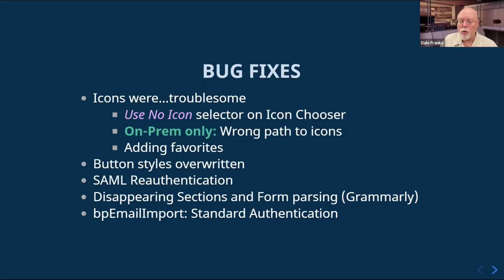And also, when you right click on an icon in the icon chooser, a menu pops up that says add to favorites. You should be able to right click, add to favorites, and it would add to favorites. In the icon chooser, there's a favorites tab that shows you all of your favorite icons. The only problem was adding to favorites didn't work, so it never added the icon. So we went through the icon chooser and fixed those errors.